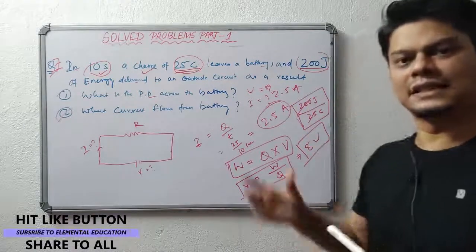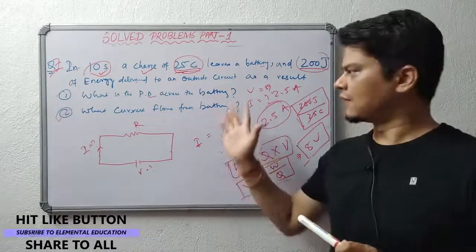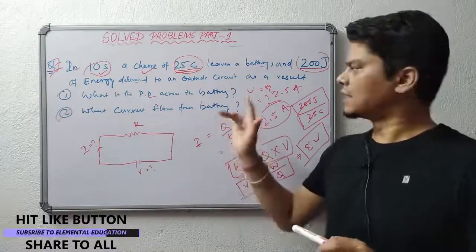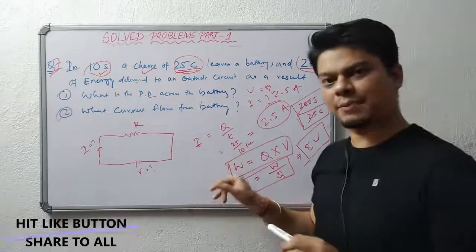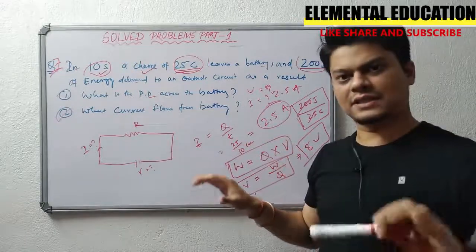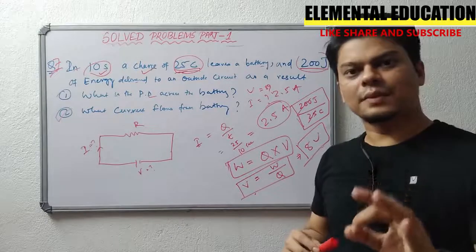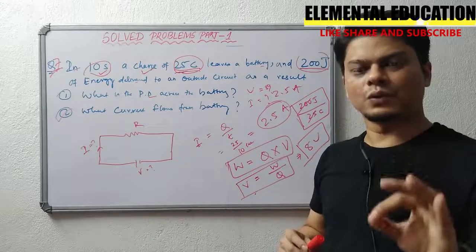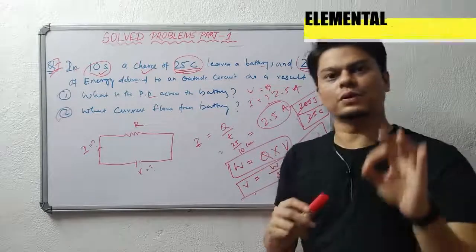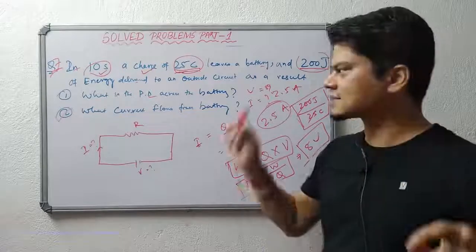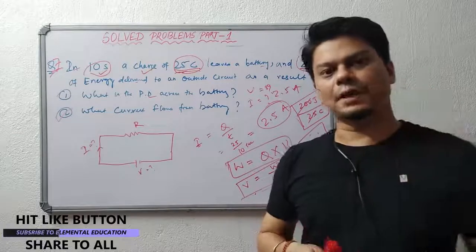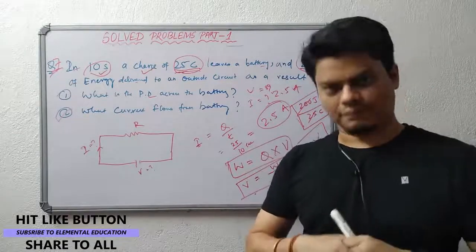So guys, this is the way you should approach a question. First, find out what is given, then what has to be found out, then remember the formulas, apply the appropriate formula for the question, and solve it. These are the steps. So please remember all the formulas I am giving you in all my videos. At the end of the video, you will be getting all the formulas. Please do read them, remember them, and practice this kind of questions wherever you get them in the books or any references. So I will be coming up with another video with more questions.